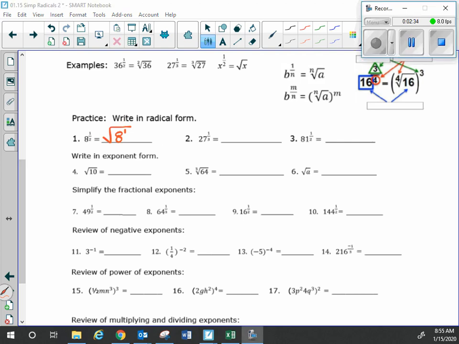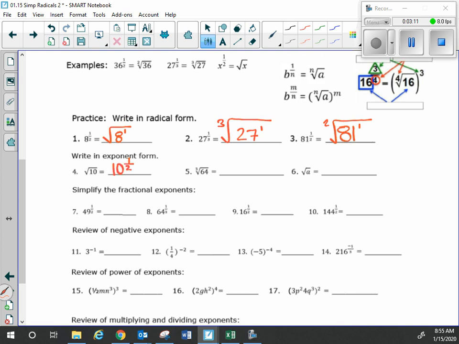So 27 to the power of 1/3. What's the exponent? 1. What's the root index? 3. So it's the cube root of 27. 81 to the power of 1/2. What's the exponent? 1. What's the root index? 2. So square root of 81. Good. Okay, so if I went backwards, square root of 10,